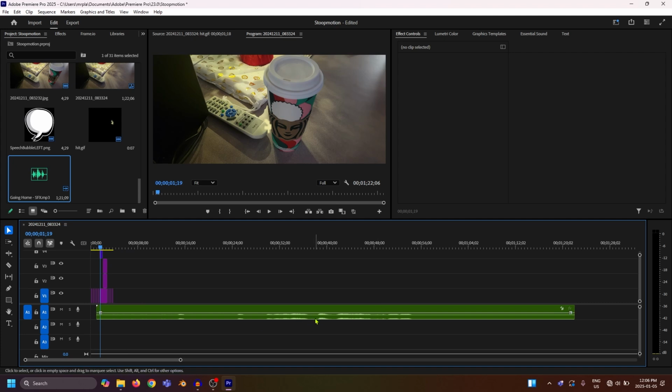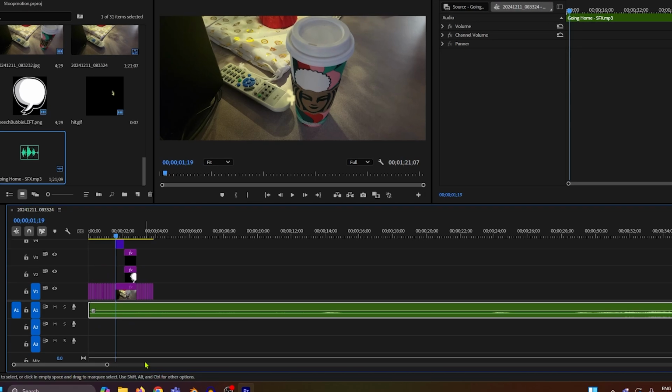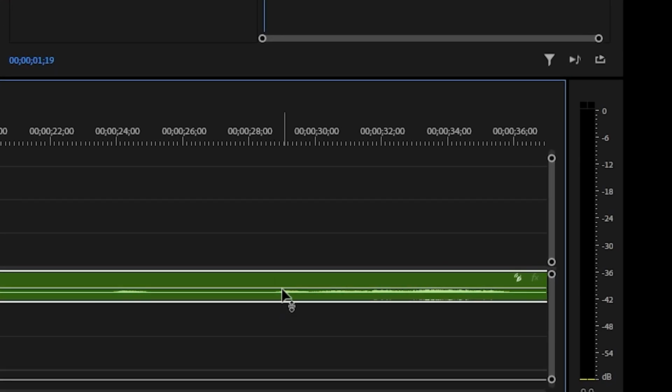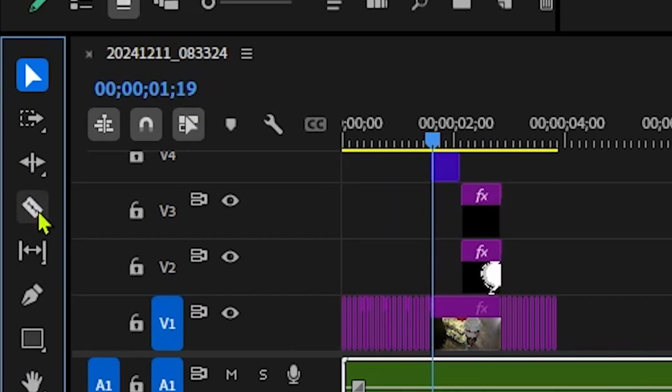And again, here you see the little waves when the sound actually happens. You can move it into position. But you see right here, I have a bunch of empty space that I maybe don't want. I want the sound effect just this part, so I have to split it. So we'll click on this eraser,